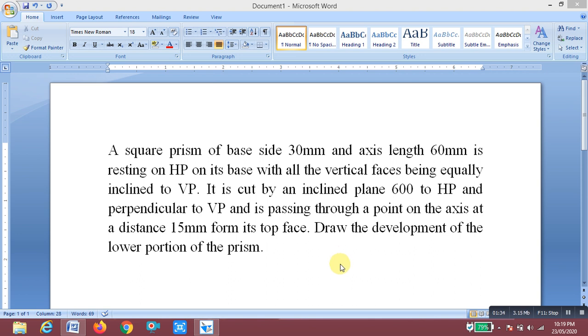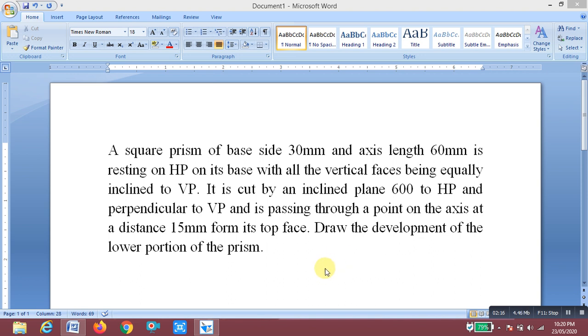So today I am going to take one example from the development of lateral surfaces. I will solve it by software, called Solid Edge version 19. In the main examination, 40% of the marks are allotted for the computer execution, computer printout, and 60% of the marks is allotted for manual drafting or manual sketching. Anyhow, I am going to explain in the next class how to draw it by the manual method. Today I am going to show it by computer software.